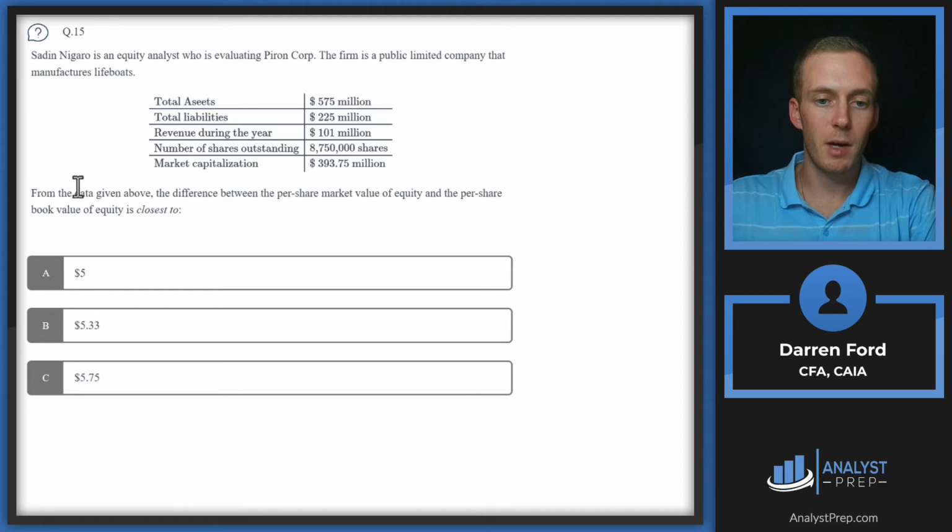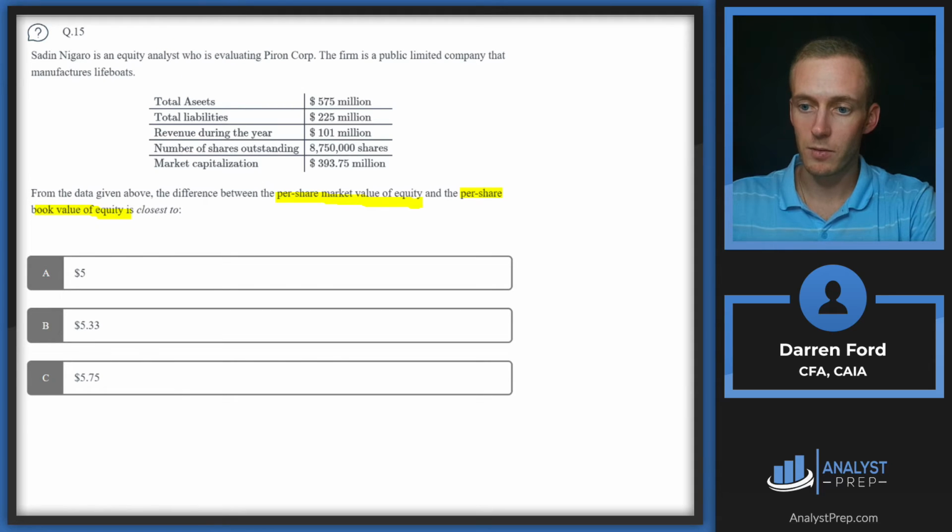From the data given above, the difference between the per share market value of equity and the per share book value of equity is closest to. So for this question, we're going to need to find two values here: the per share market value of equity. So that's going to be our market cap over shares outstanding, essentially. And then we're going to need to find the per share book value of equity,